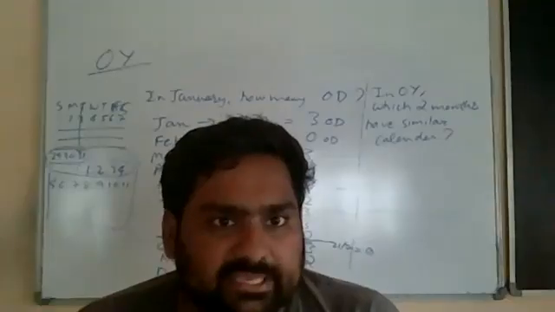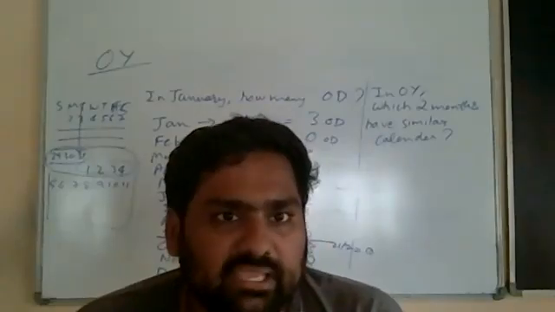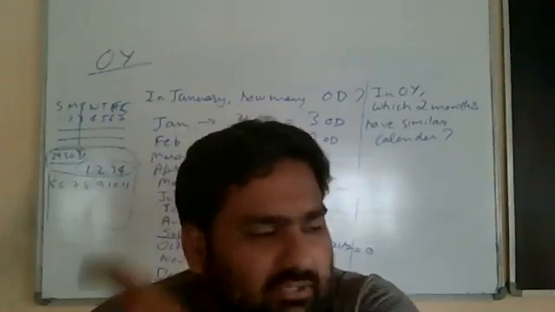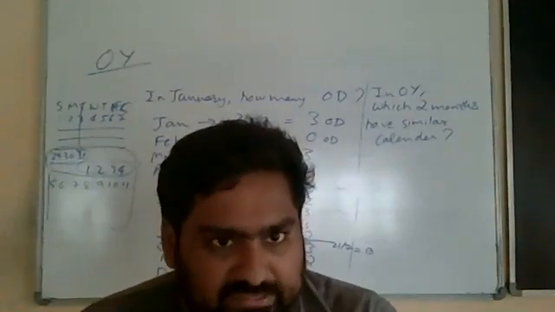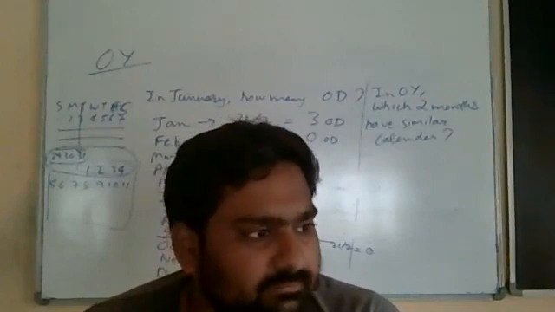To complete a whole week, you need 7 days. But you have only 6 days. Yes or no? You cannot complete a week, which means April 1st will be the last day of the week. 6 days will be these, and the last day, April 1st, will be a Monday. Let's see. Is it a Monday?